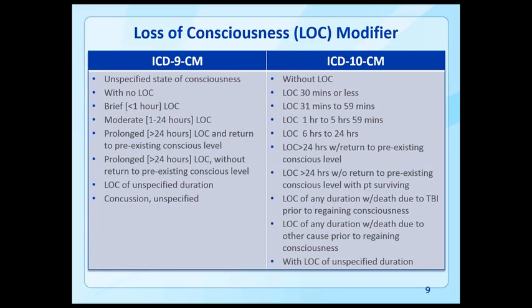the 3 bullets before the last bullet, there's a distinction made between whether or not the person died from a TBI or they died to some other cause, even though they had a TBI. So again, a way of identifying different types of patients, different types of traumatic brain injury, and whether or not that traumatic brain injury actually led to the death, or if the person died from something else, even though they might have had a minor traumatic brain injury. So again, more detail provided in ICD-10 compared to ICD-9.